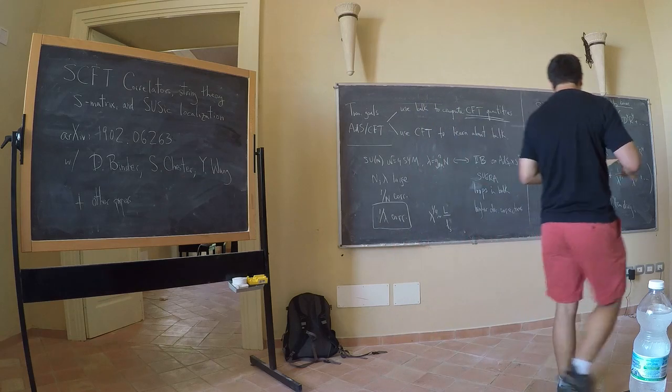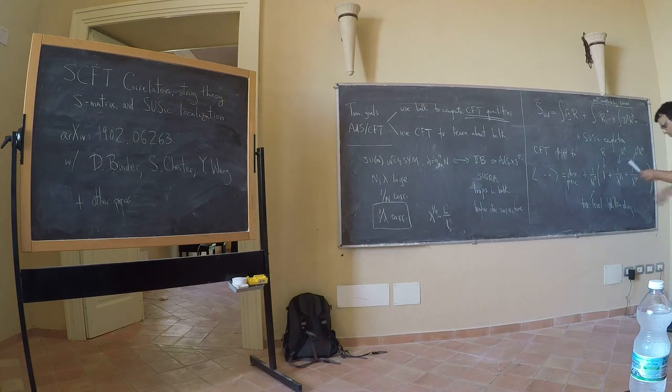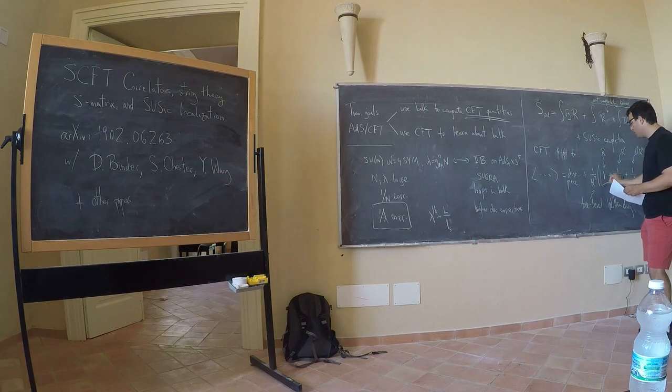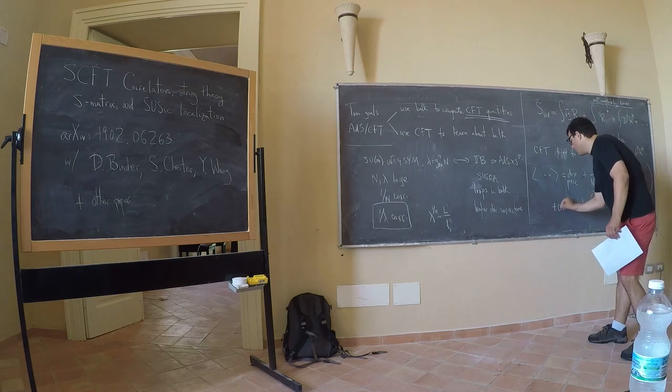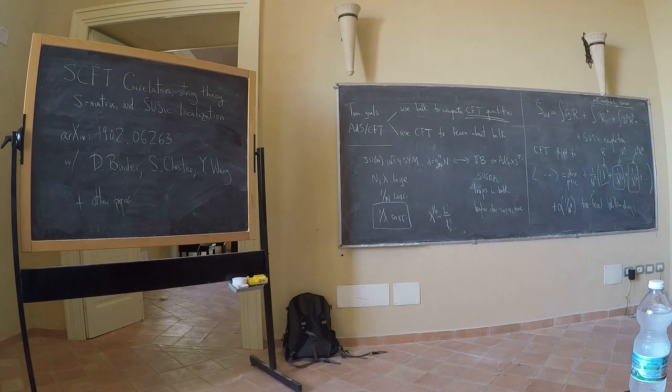So in this talk, we're going to do this one, and that one. So up to a 1 over lambda to the 5/2. And of course, this will have order 1 over n to the 4th. So why aren't there d squared r to the 4th? They're not allowed by the